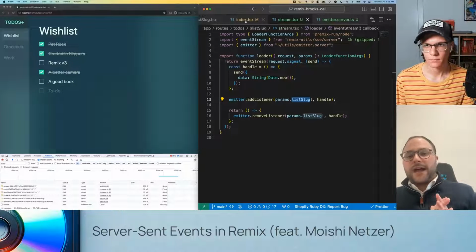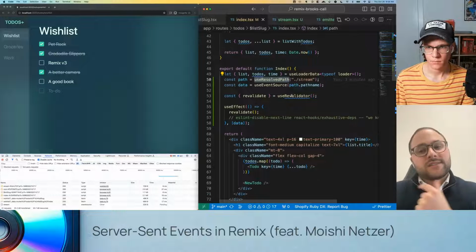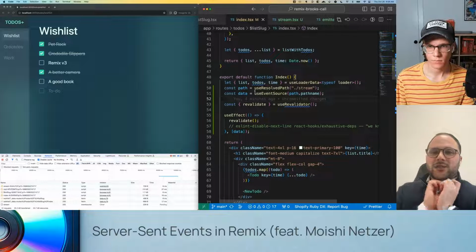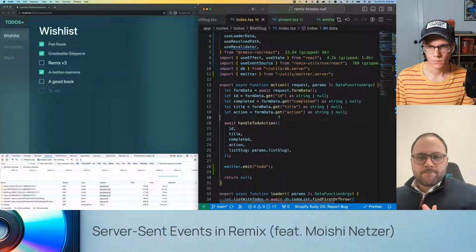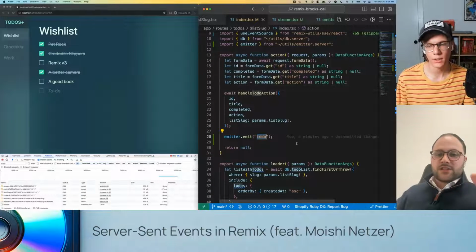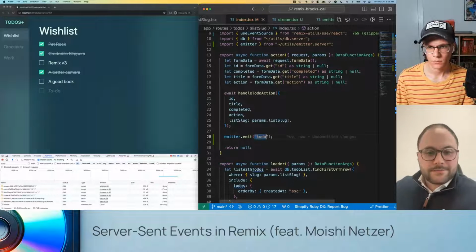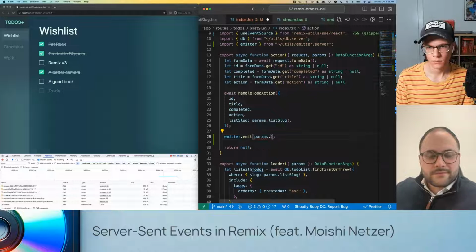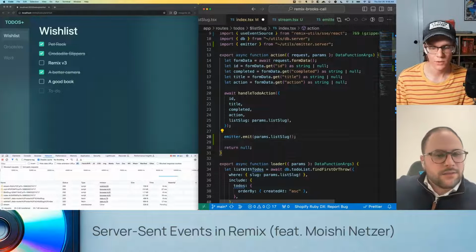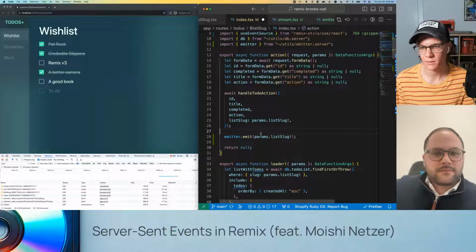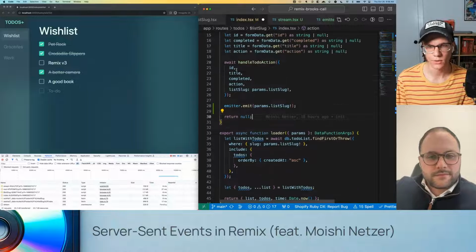Cool. And now when we go back to the index file, we need to actually emit to that slug now, because remember, we're emitting the actual action. If you scroll up in the action, you see how we're emitting to the to-do? We now need to emit to whoever's listening on this slug. Is it list slug, right? You said. So that's all we have to do. Okay, awesome. That is a lot easier. That makes sense. Cool. That's it.